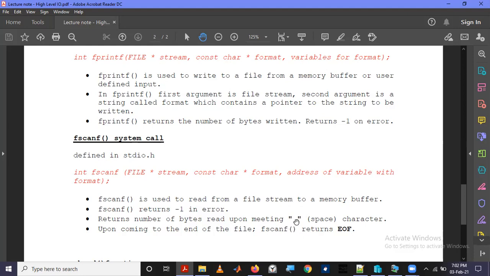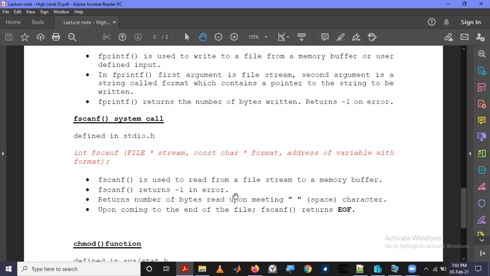Then again, when it finds a space like this, it will terminate. Then we have to call it again. Unlike the read function in low level input output, we cannot specify the number of bytes that we want to read, because when it finds the space, it will exit. Right? So you have to call fscanf repeatedly in your program.